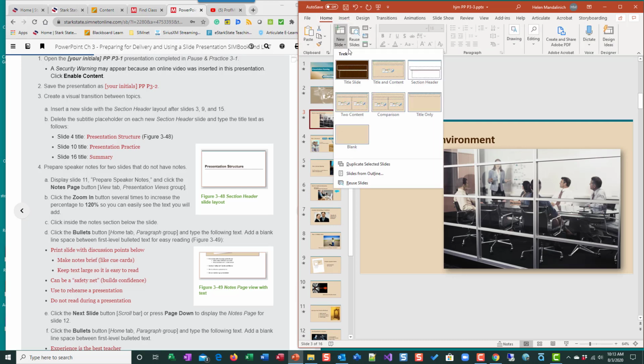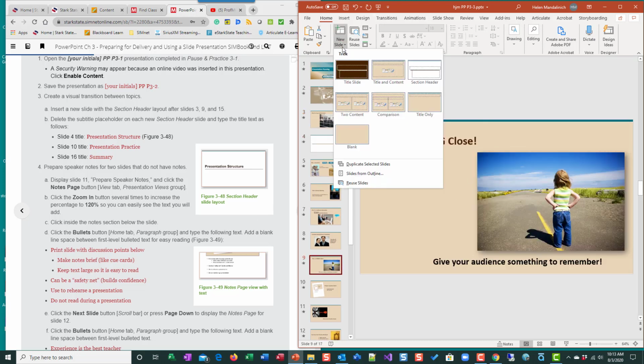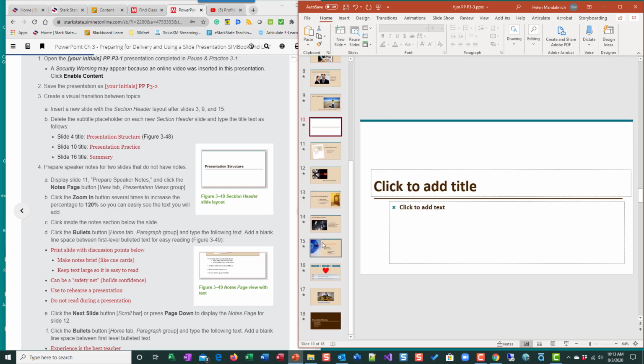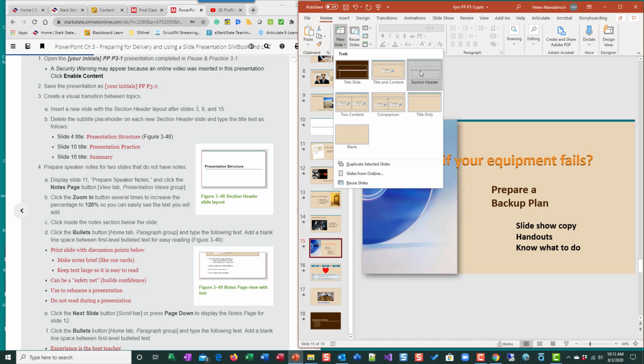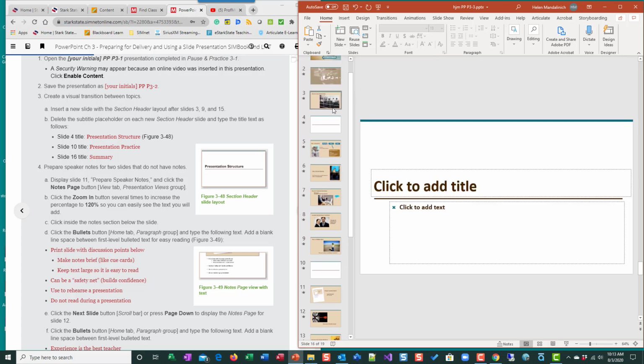Home, new slide, section header. We're going to go to 9. New slide, section header, and 15. New slide, section header. Okay, so then on slide 4, we're going to type the